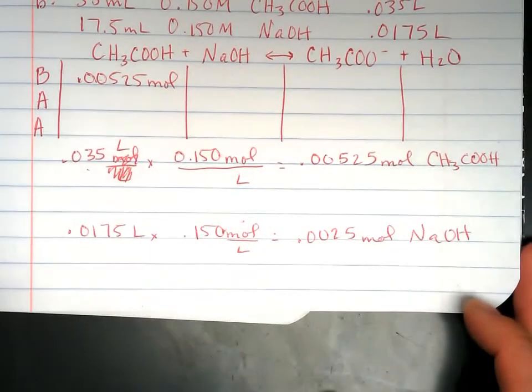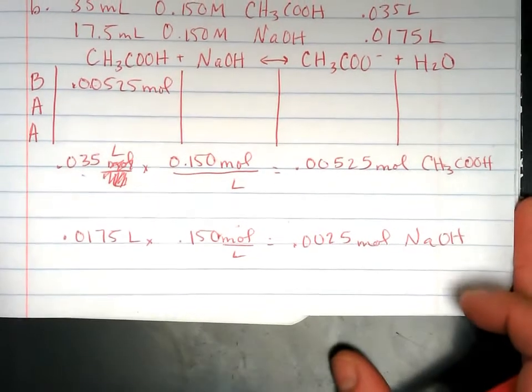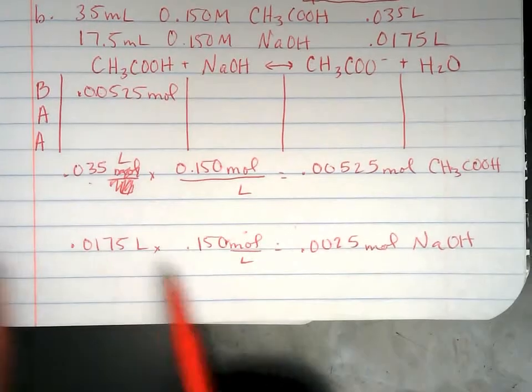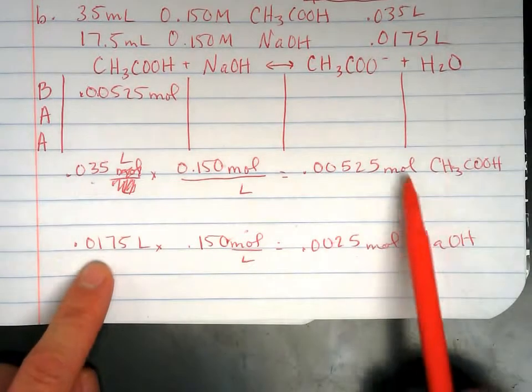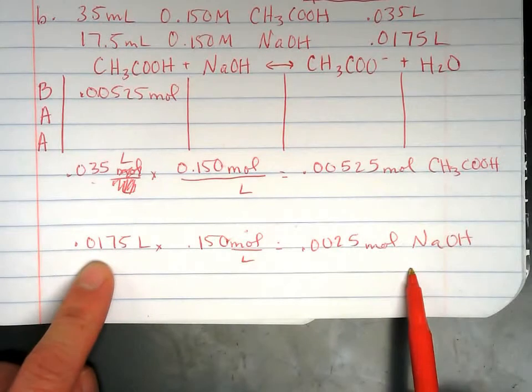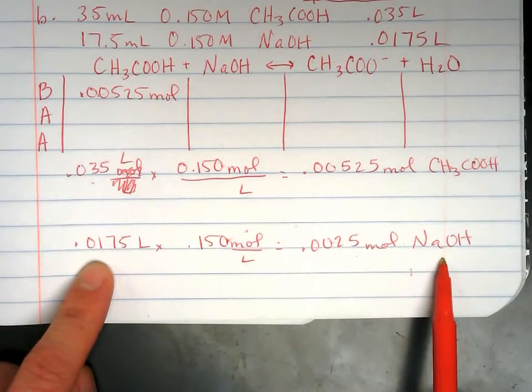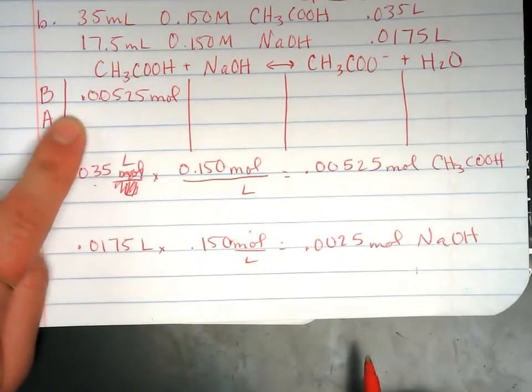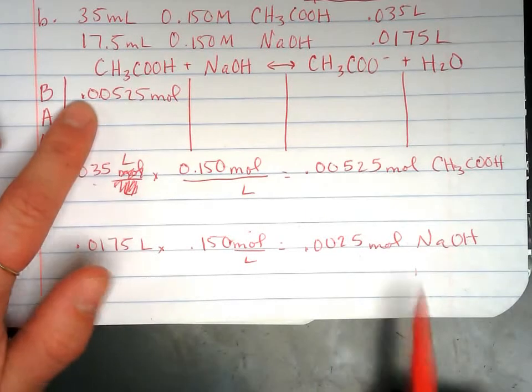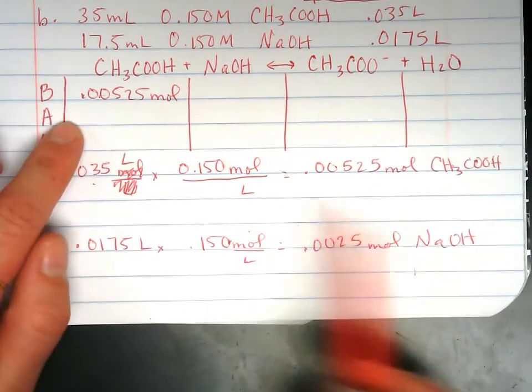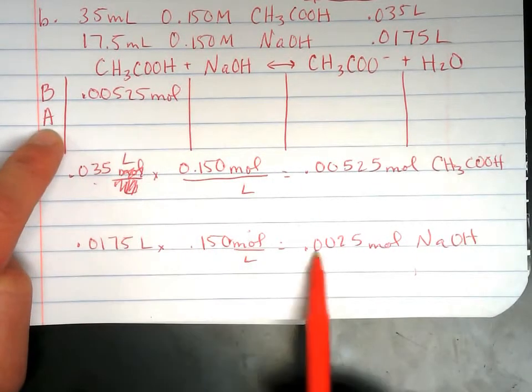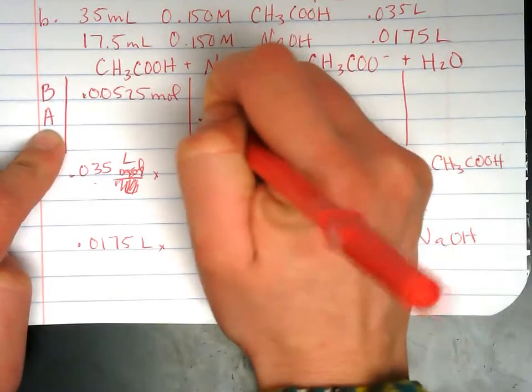Okay, part 2 of chapter 17, number 45. So we left off calculating the moles of each one of these things. So we got our weak acid and we have our strong base. Initially I have 0.00525 moles of our weak acid, and we're adding, so our addition is going to be 0.0025